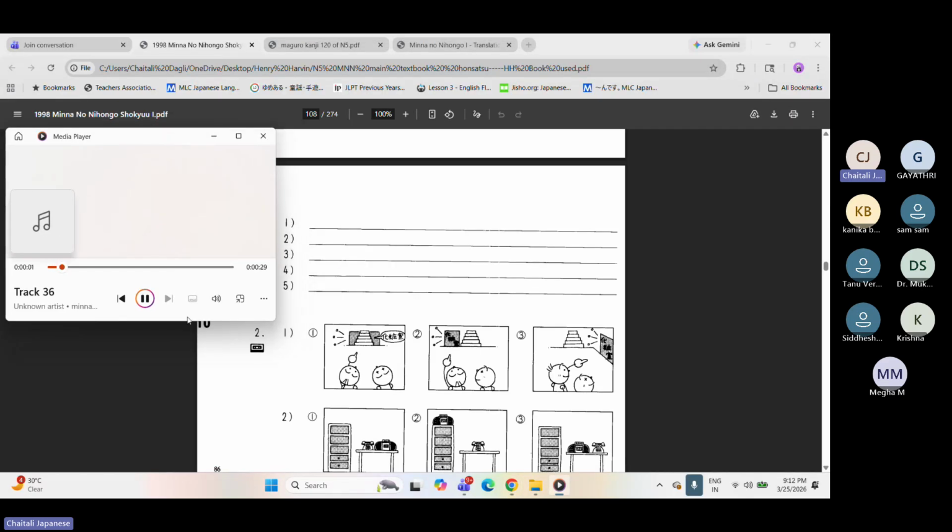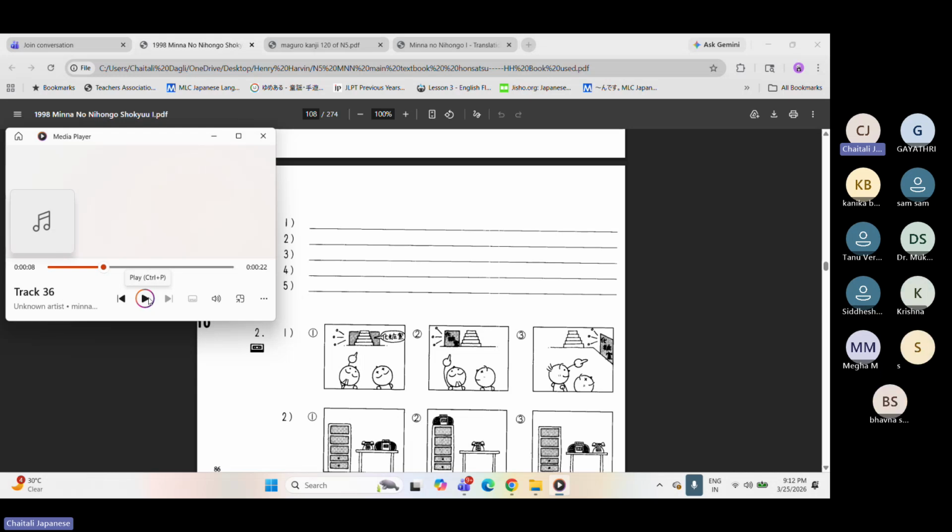第10課問題1番 1、 あなたは今どこにいますか Write your answers. Next. 2、 あなたのうちに犬がいますか